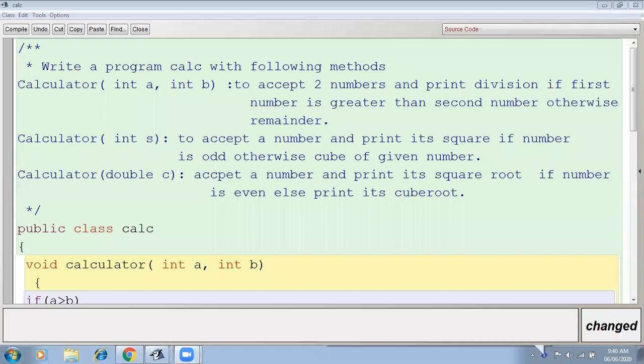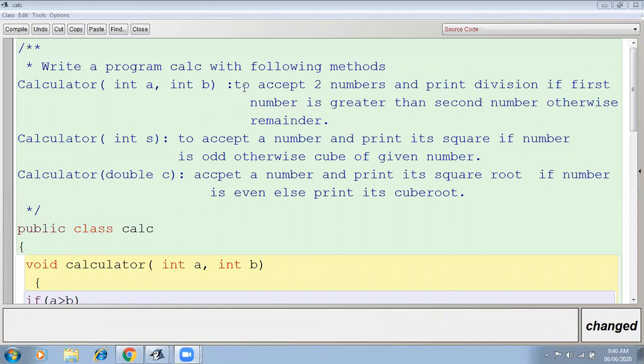Hello everyone. Today we are going to discuss function overloading by using a program. So here I'm sharing the screen for that. So what is function overloading? Function overloading means in a program you make more than one function with the same name but a different parameter list. Okay, this is your function overloading.